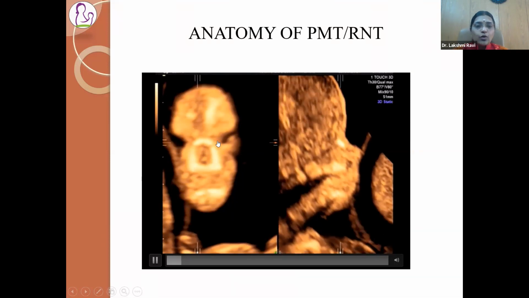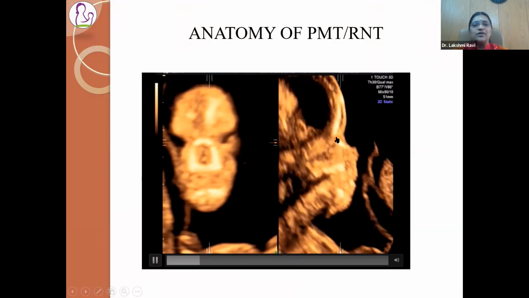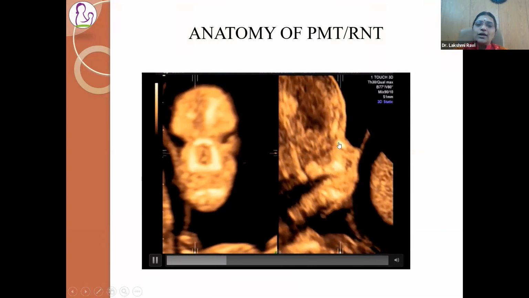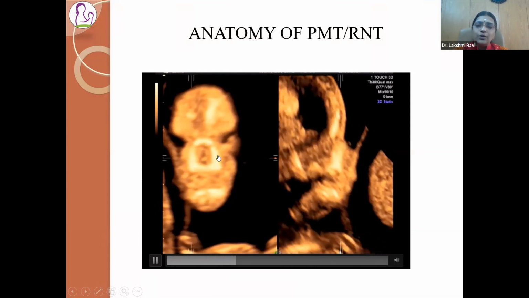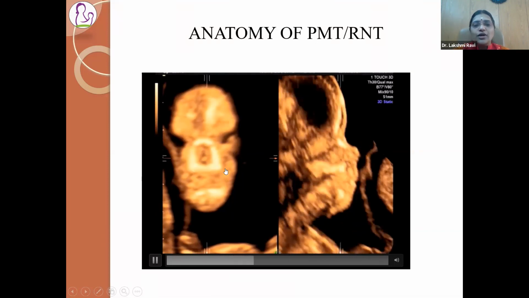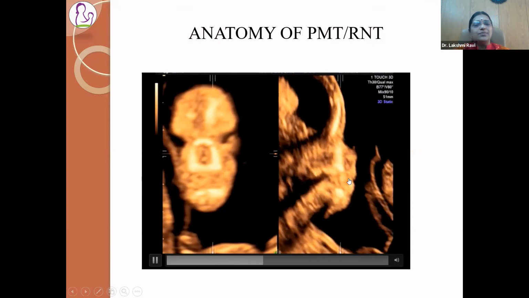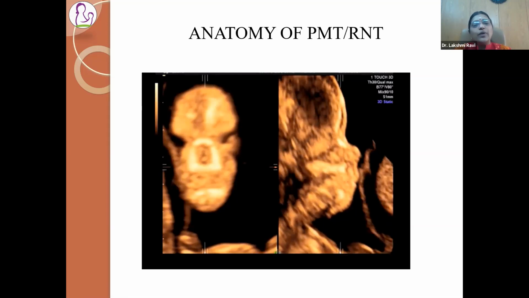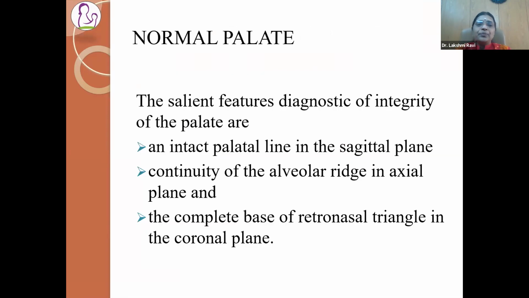Now, if you want, I can place the reference dot at the apex of the triangle. If I place it at the apex, what you see is the nasal bone. If you come to the side walls, from one nasal bone to the next dot, you see now the nasal bone, side walls, frontal process of maxilla. So as you move the reference dot, you can nicely evaluate anatomy. And generally multiplanar imaging is one of the better ways to understand the anatomical arrangement in the fetus.